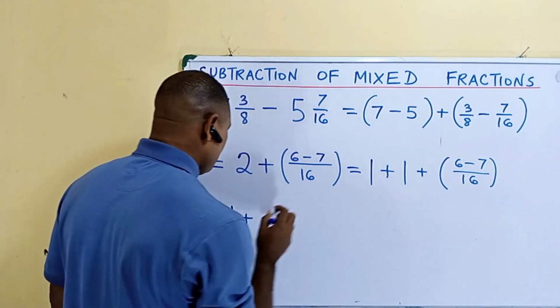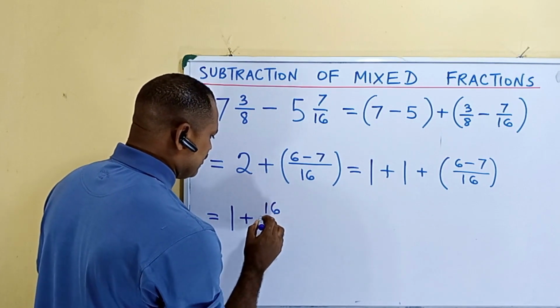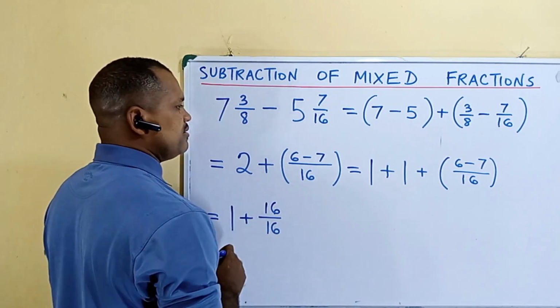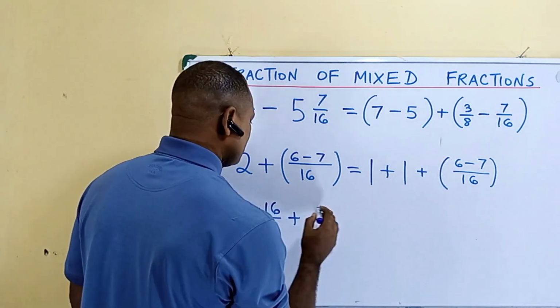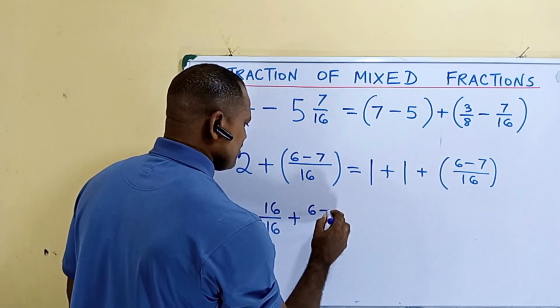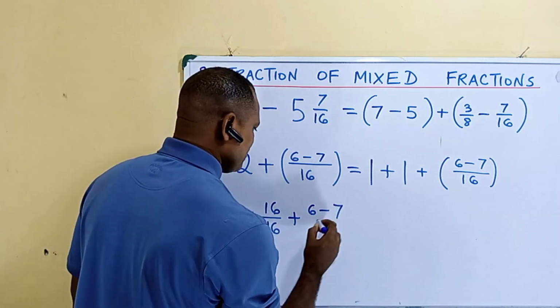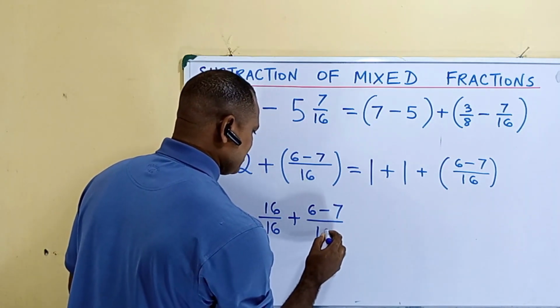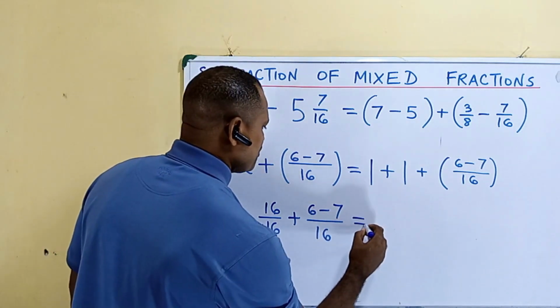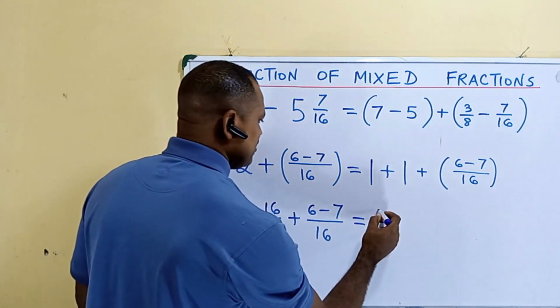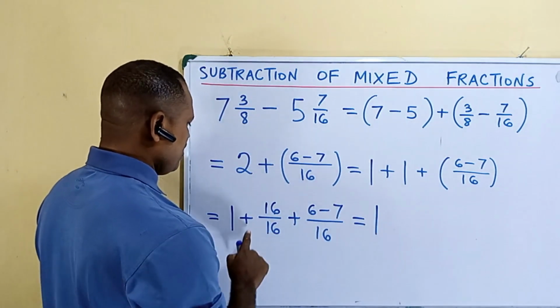So make this 1 to be 16 over 16 plus 6 minus 7 over 16. Beautiful. Equal to, this is your 1, write it here, plus,